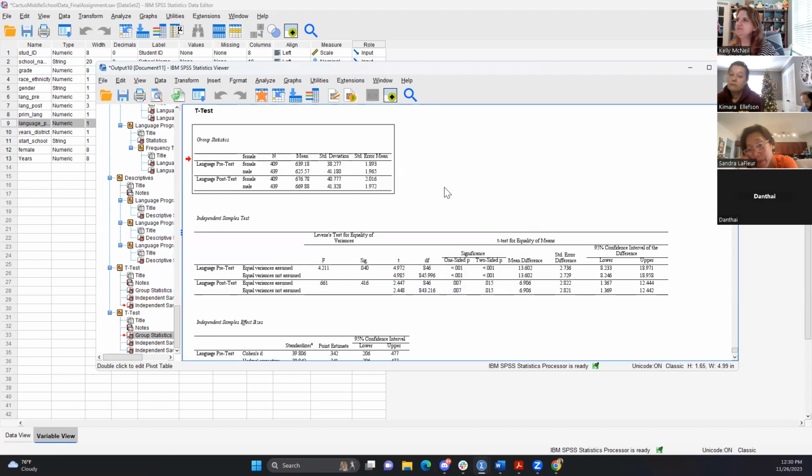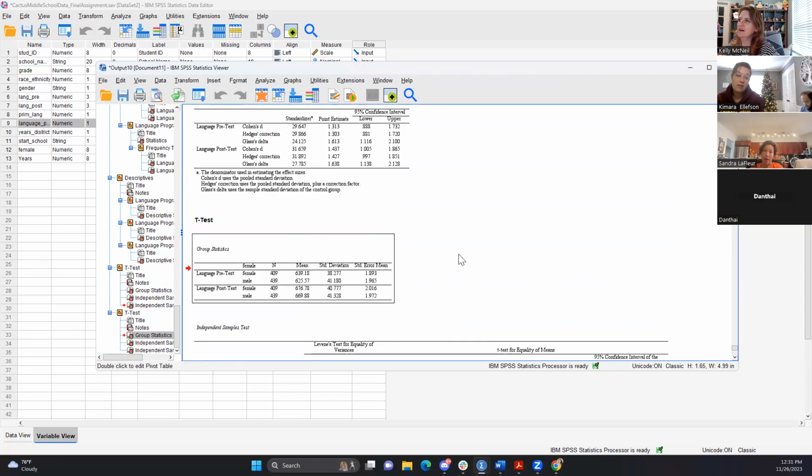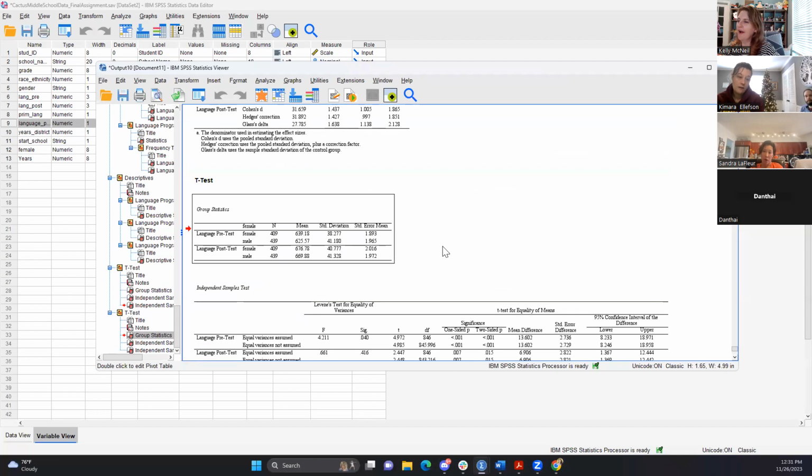I don't know what you do with that, but nothing. I think that's what you'd write up, if you chose this as one of your tests. You could simply write that gender does not seem to be a factor in performance on the tests. Overall, there's not a significant difference in performance on the post-test based on gender. So you don't have to come up with a different intervention for the boys or the girls separately. There's something else other than gender at play in terms of the difference.